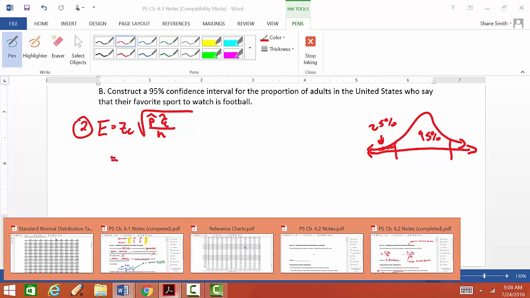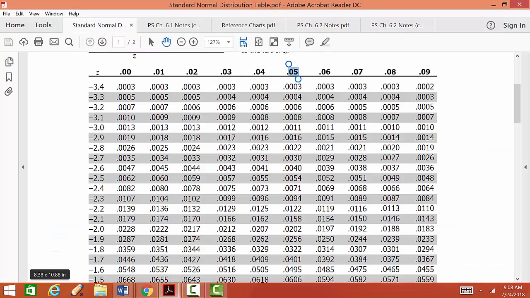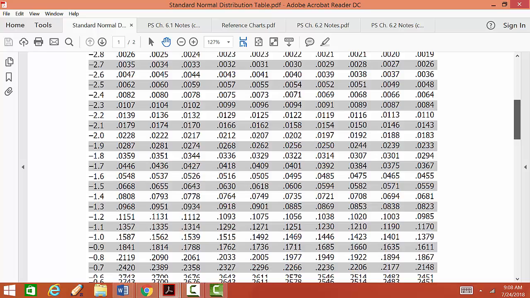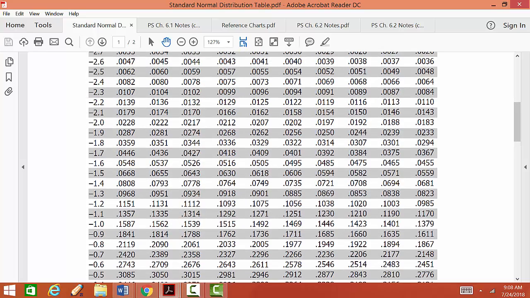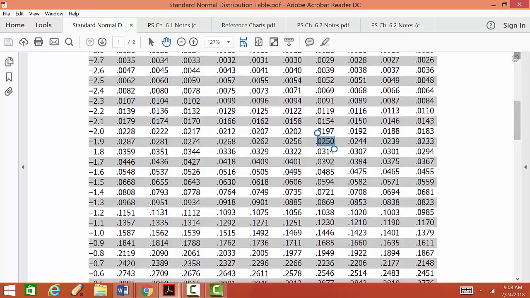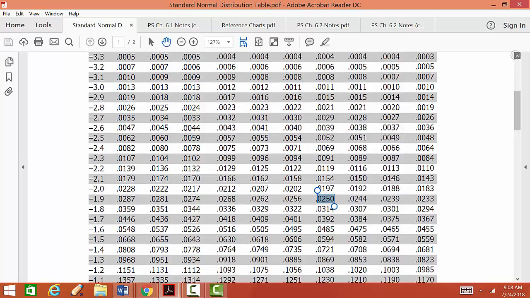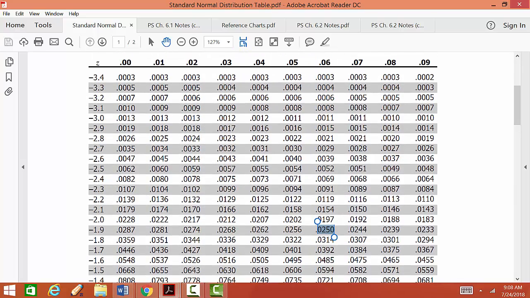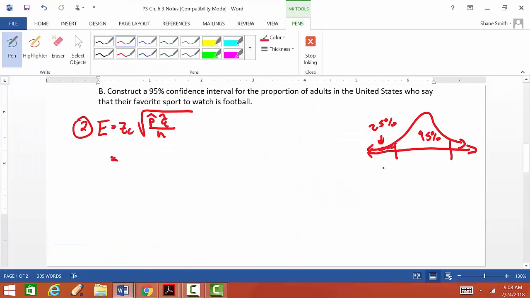So if we look at our normal table, it's this one, which is negative 1.96. So negative 1.96, or 1.96, remember, because we use the positive, is the z-score for